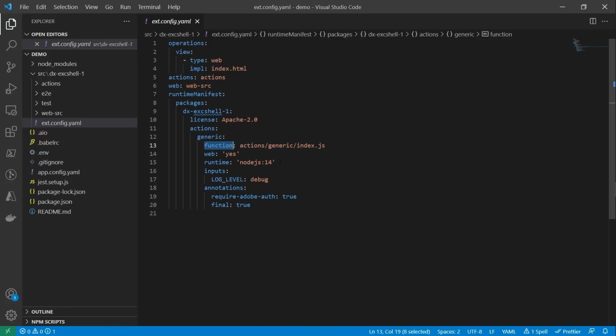It's actually gone in and added a whole bunch of other variables here, or properties. We have inputs, and that defines inputs that can be bound to the input every time the action runs. We also have annotations. This one is particularly interesting. Again, we do a lot of upfront work for you. This annotation here, which is require Adobe Auth true, actually puts your action in a sequence. And before your action will be called, there'll be another action that's magically invoked that will make sure all the authentication criteria is met before invoking your action. So it takes a lot of the work off of your shoulders.